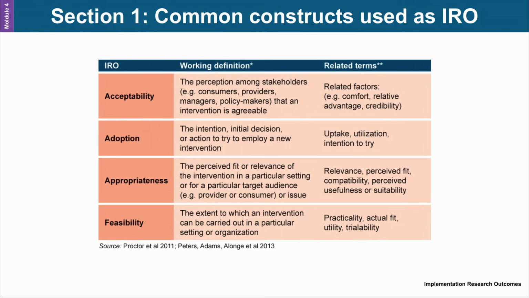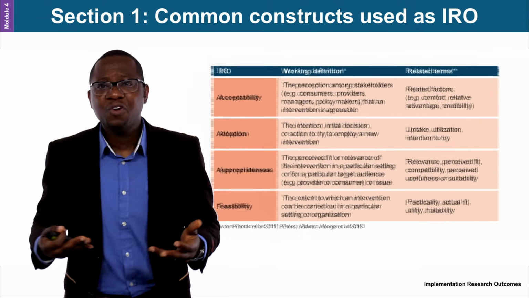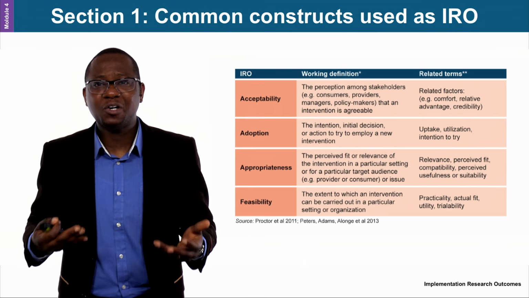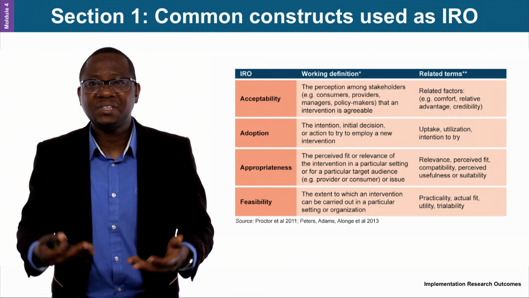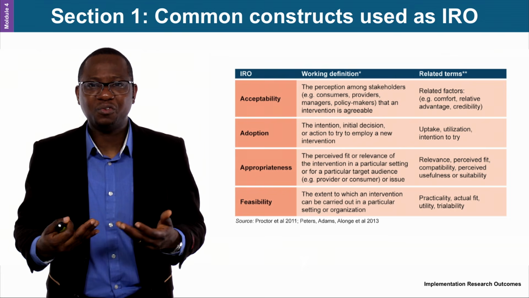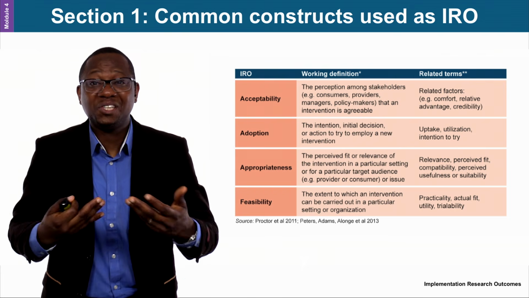Adoption has been defined here as the intention or the initial decision to try out an intervention. So this is the idea that you contemplate trying out an intervention and you eventually make the decision to do the intervention, and then during the early phases you begin to test out the intervention. So all that is a measure of adoption. For instance, if by virtue of a new strategy, people in a particular community are able to adopt some intervention compared to some other community, that in a way is useful for testing whether the set of implementation activities had